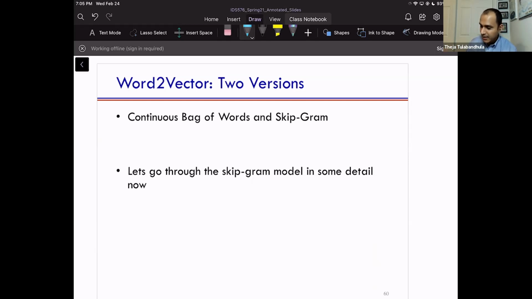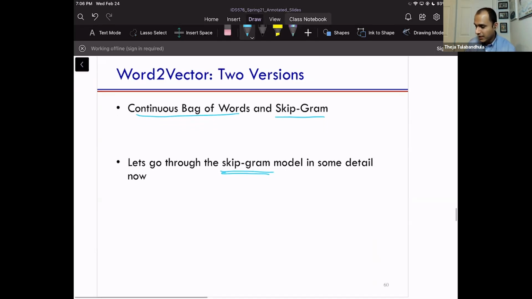And for that specific classification task, there were two versions. One is called skipgram, and the other is called continuous bag of words. These are two variations of the classification task. We'll just go through the skipgram version now. Continuous bag of words is very similar, and I don't want to discuss it in parallel. Let's first look at skipgram, and if there's time, we'll comment on continuous bag of words. For us, we just need to remember this name, skipgram, but in the next few slides we'll disambiguate what exactly we mean by a skipgram classification task, a skipgram model.